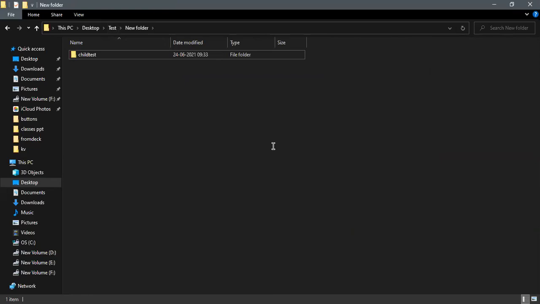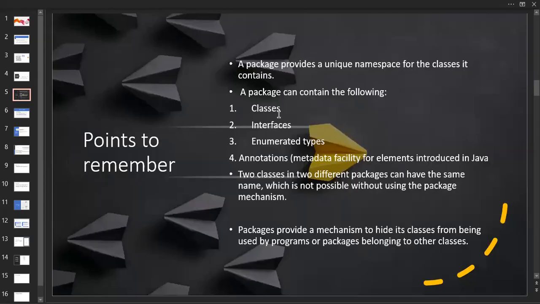Okay, so here the package consists of classes, interfaces, and enumerated data types. You are already familiar with the enumerated data types. Did we do that already? Yeah, we have seen that. It also has annotations, a metadata facility.